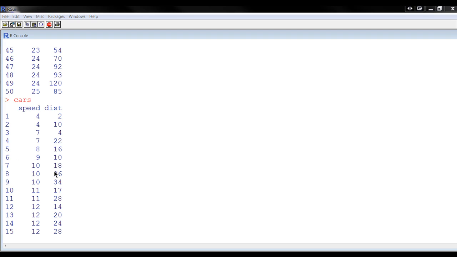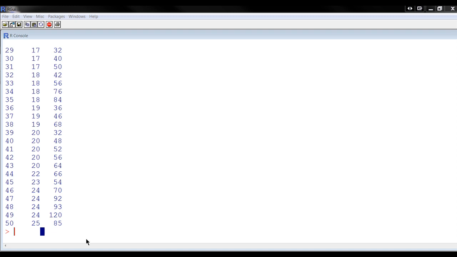So if you want to plot, have speed along the, so I don't even know what this means, but when the speed was 4, the distance was 2. When the speed was 4, the distance was 10. And so on. Anyway, we can plot this even if we don't know what it means. And that is done very simply. Plot meaning we can